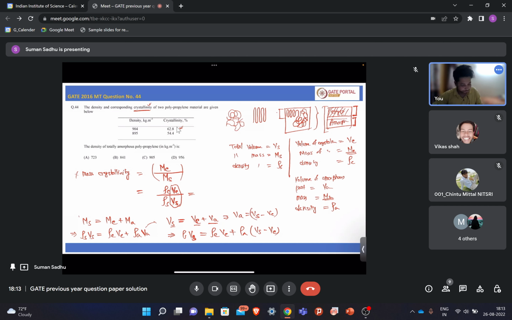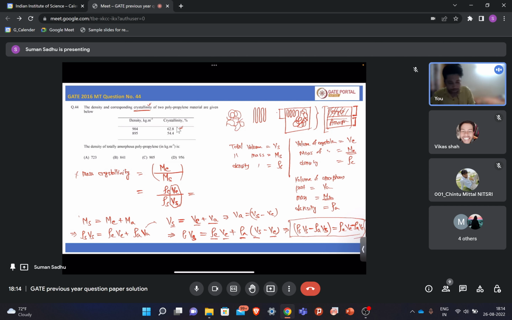So now we can write this is rho S VS. This rho A VA you can take to this side, rho A VS, and let's say this is rho C VC minus rho A VC. Okay, so